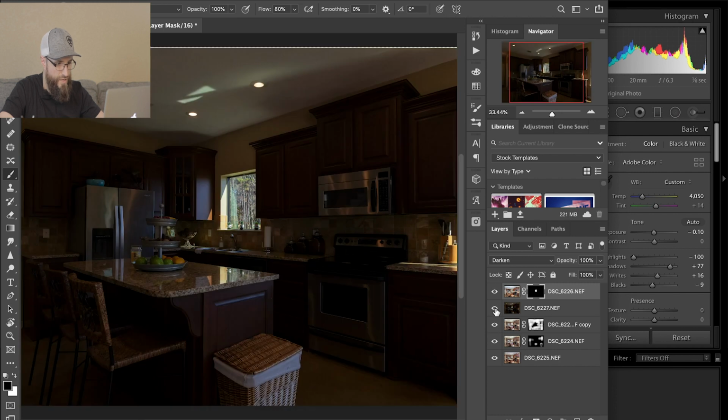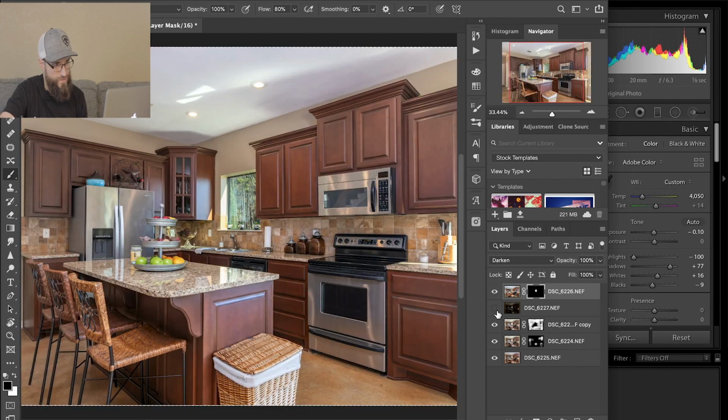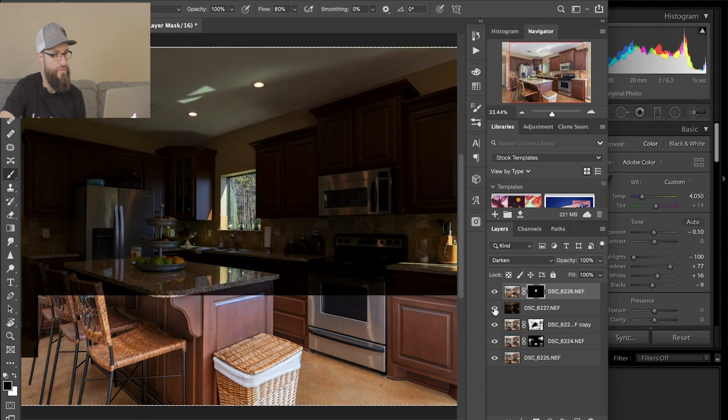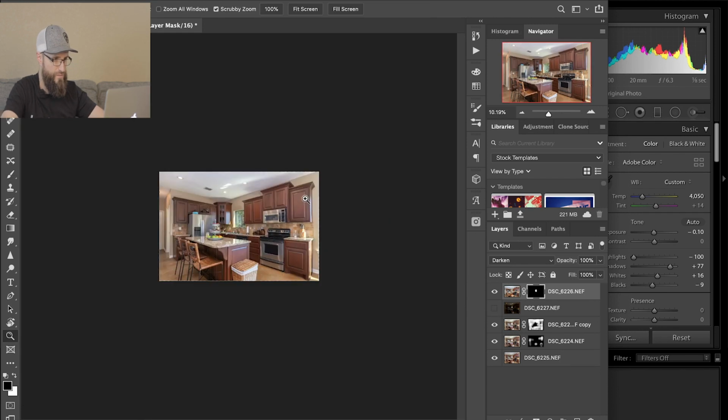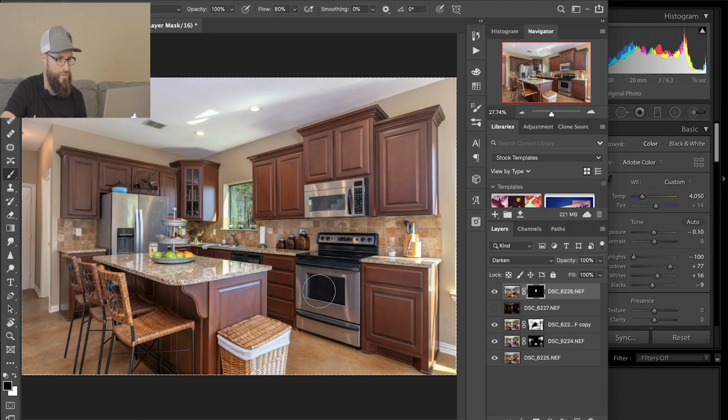So, do I need this one? It's really not that bad. There's a glare, but I mean, it's in the other one too. Sometimes that's fine. I mean, look how far away it is. People are gonna be looking at this on their phones, on their computer screens, like we are here. They're not gonna be like, oh, what's outside? It's not a major window, it's not a big issue. So don't kill yourself trying to make it perfect